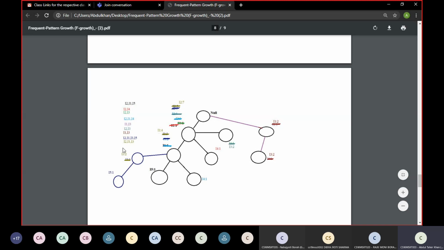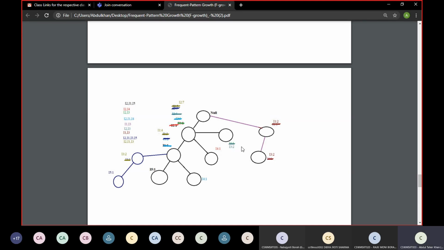Next we have I2, I1 and I3. So we already have I1, I2, right? So we'll increase the count to 7, and for I4 we'll go to I1 and increase the count to 4. Then we will have to go to I3. We'll increase the count to 2, right? But remember that I3 is here also, but we have to go here. Okay, we can go this side also, I3, no problem.